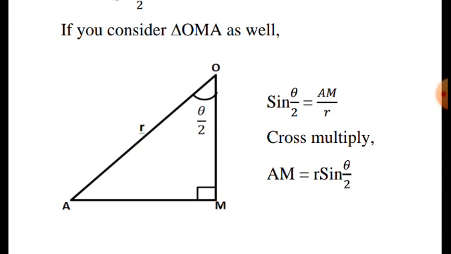Thus, sine theta over 2 is equal to AM over R. So when you cross multiply, you also have AM, which will give us R sine theta over 2. Now,